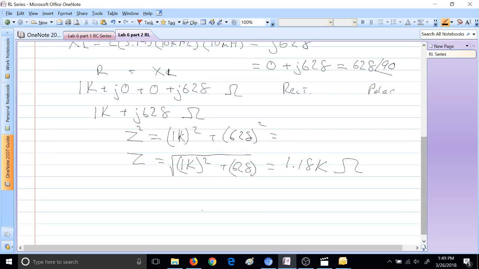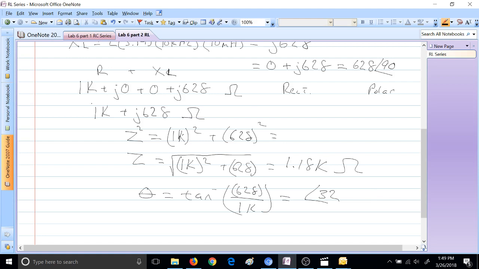And if we want to find the angle, again, I'm going to put this here just in case some of you forgot how to do this. Inverse tangent of 628 over 1K, and we end up with an angle of 32 degrees. And so now we have our impedance in